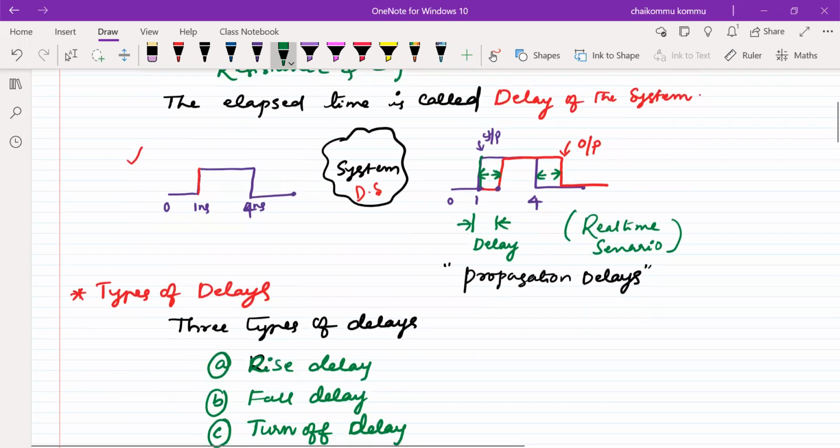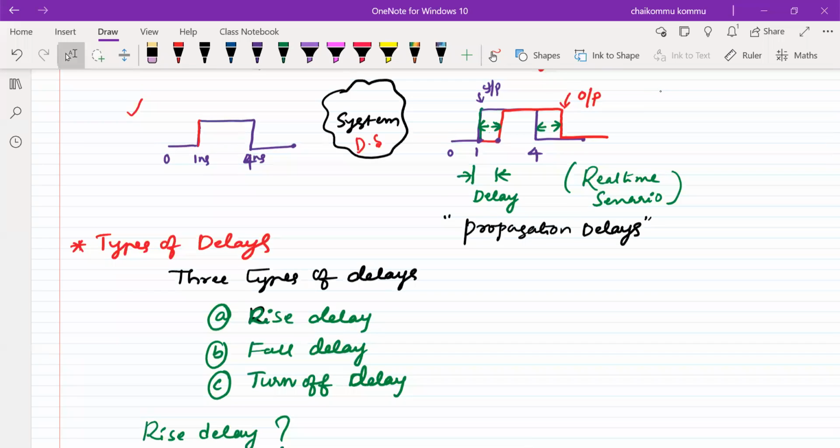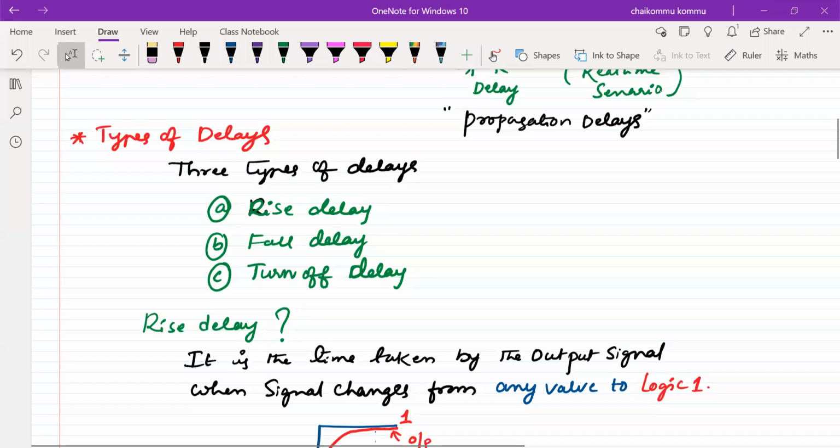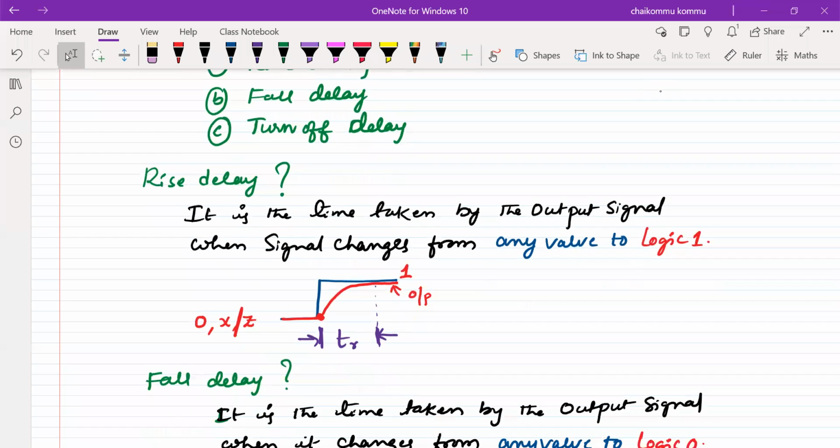Now let us see what are the different types of delays that a system can produce. There are three types of delays: rise delay, fall delay, and turn off delay. So how do we define the rise delay of a system? Normally we talk about the output signal representation. It is the time taken by the output signal when it changes from any value